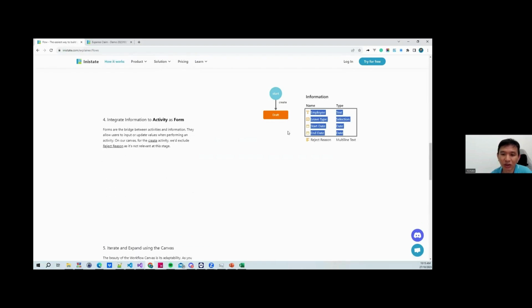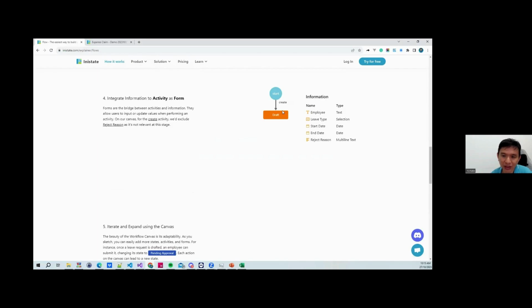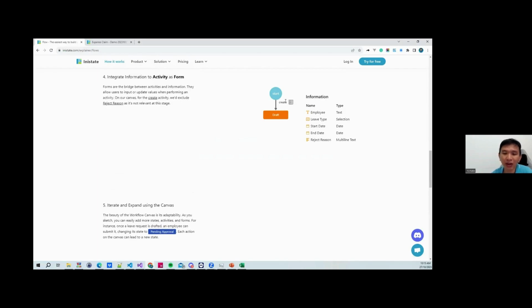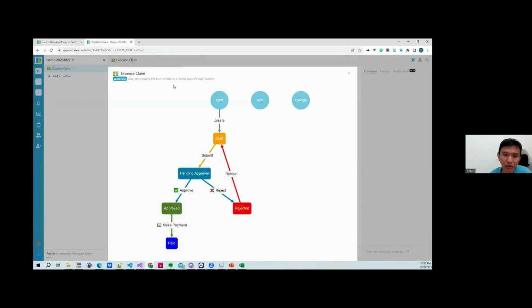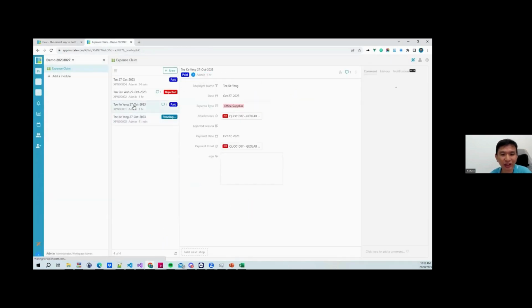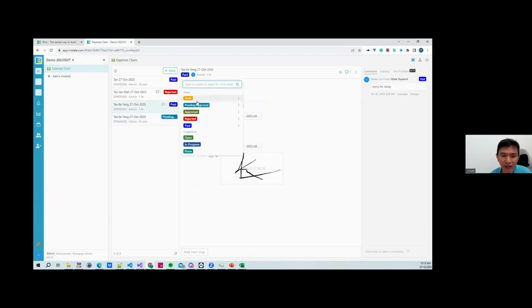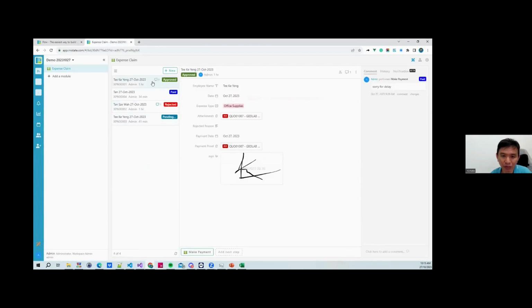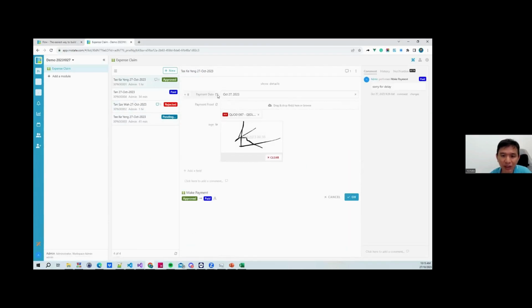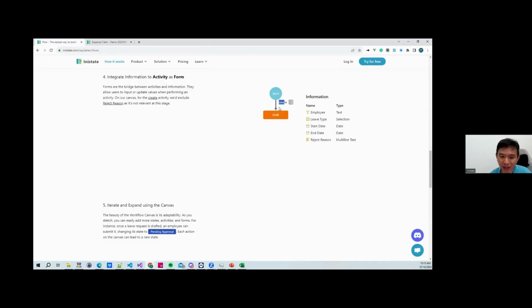Okay. So we call this an activity. An activity may or may not have a form. Okay, may or may not. For example, just now we showed you that submit doesn't have a form. The rejected one, we need a form. Let us show you this one. After approve, when making payment, we need a special form to input more information. Okay,